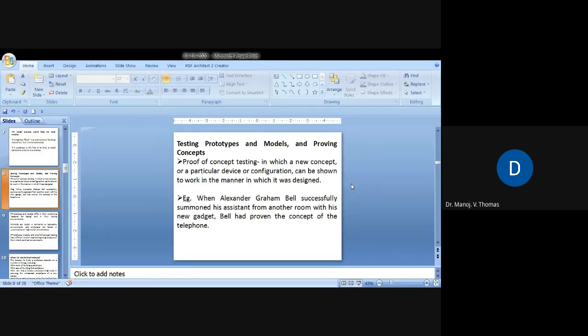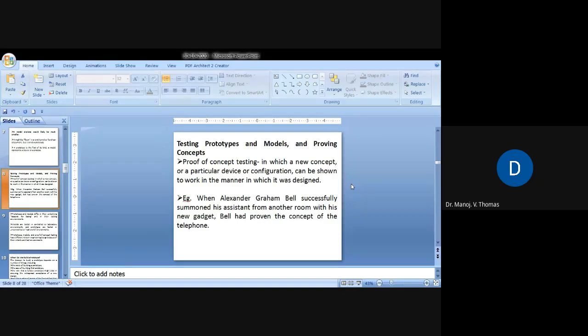Proof of concept testing is one in which a new concept, or a particular device or configuration, can be shown to work in the manner in which it was designed. This is an example from an old incident when Alexander Graham Bell successfully called his assistant from another room with his new gadget. Bell had proven the concept of the telephone.